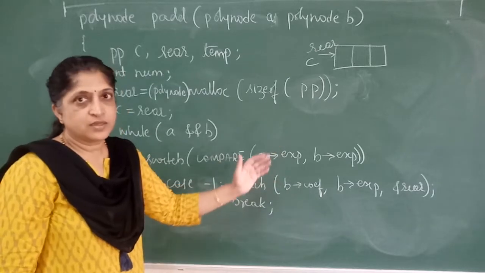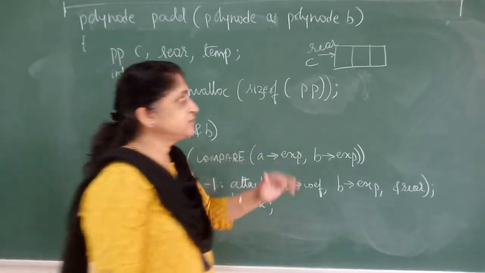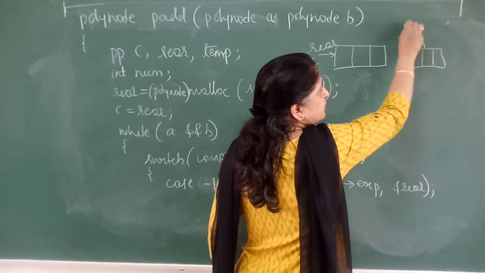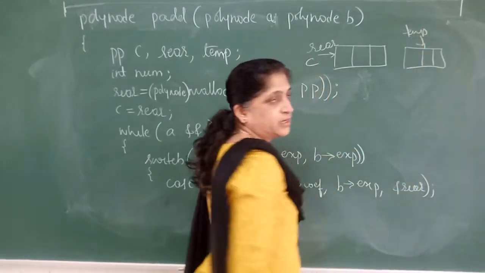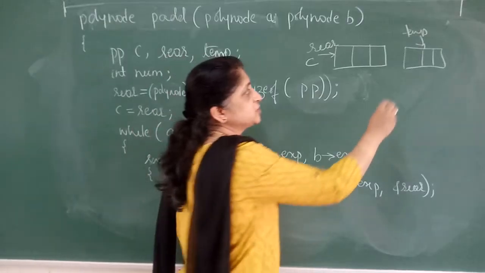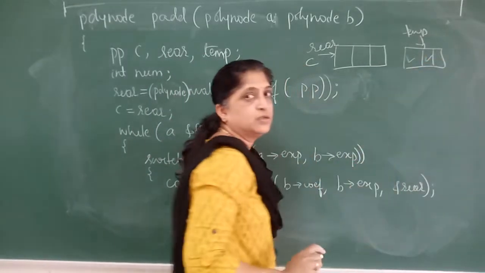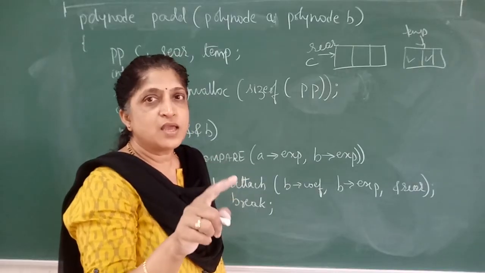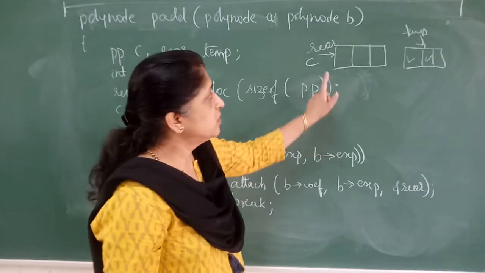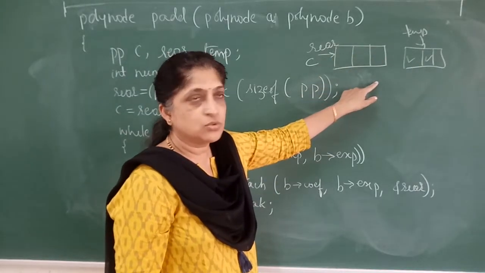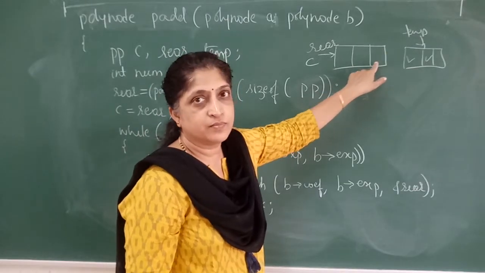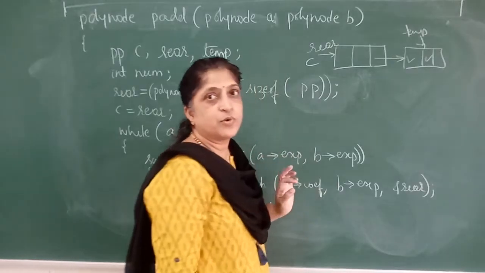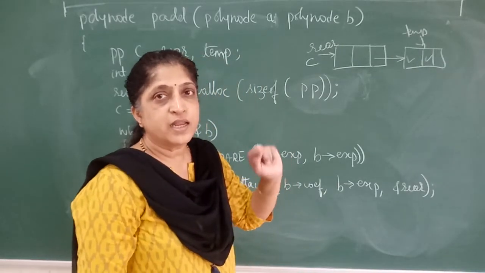Then this will create, when the control goes to the attach function, a new node is created, and in that function temp will be pointing to it. Then it writes the coefficient value and the exponent value. There we have written value at PTR link. Value at PTR will be pointing to this node, and the link field here will point to temp. We have written that in the attach function.